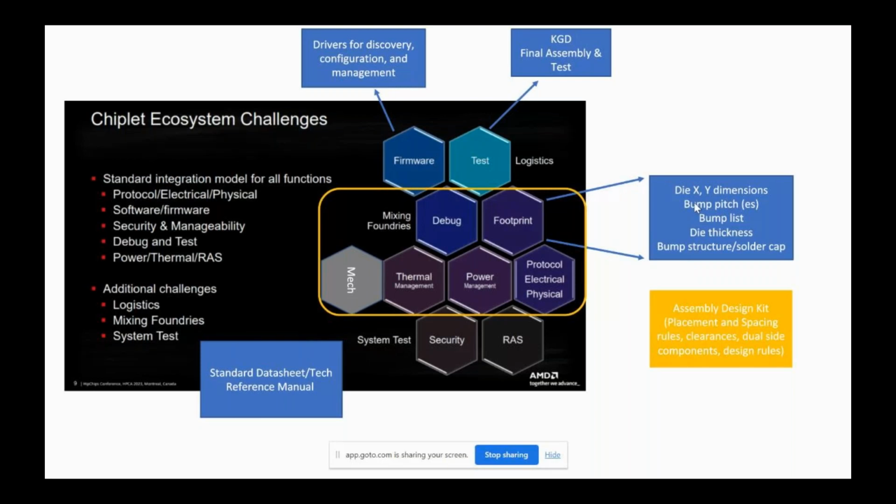Now, next step is if you want that chiplet and you want to know the details, you would go to the vendor and you would get the more detailed version of the CDXML, which is going to describe dimensions, bumps, bump structure, and all that stuff. Is that what you guys are talking about? I think that's actually quite close, I would say.